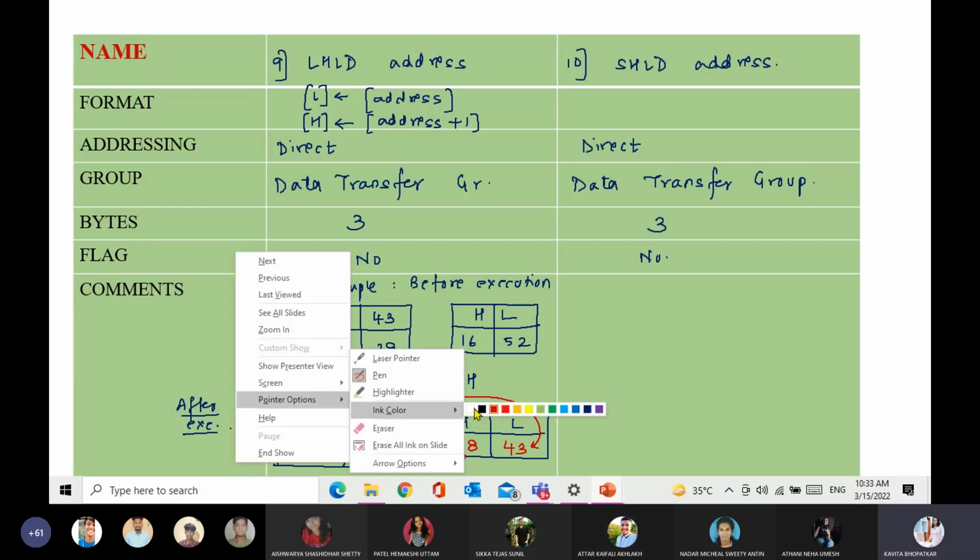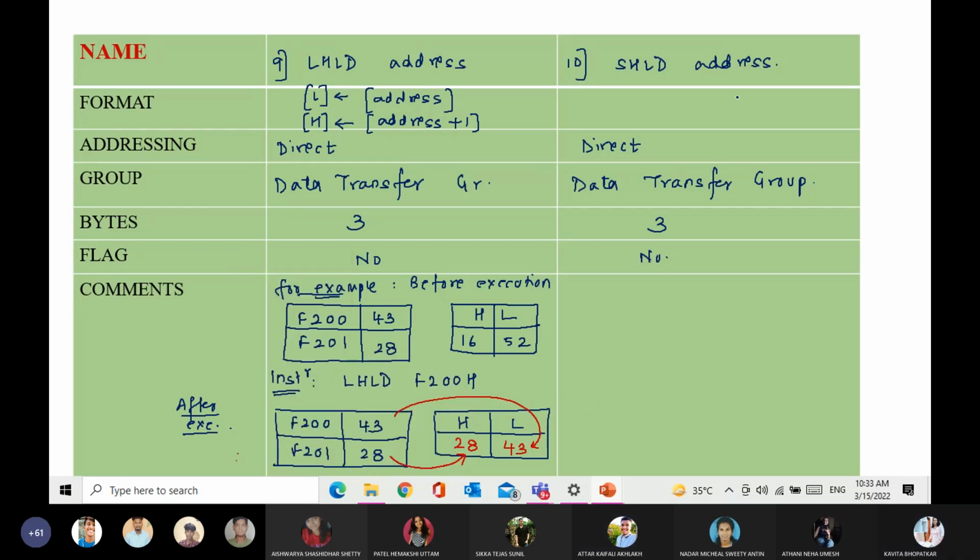So SHLD now is exactly opposite instruction of it. SHLD का मतलब है store HL register data. Store H and L register data to address and address plus 1. Okay. So L content will get copied to address specified, and H content will get copied to address plus 1 location. सो यहाँ पे exactly opposite होने वाला है. So let's take same example only. For example, before execution